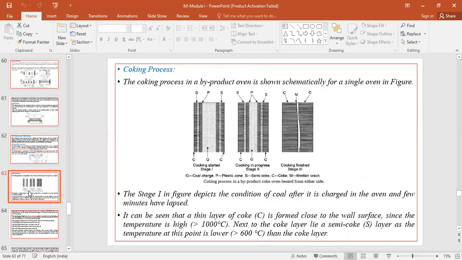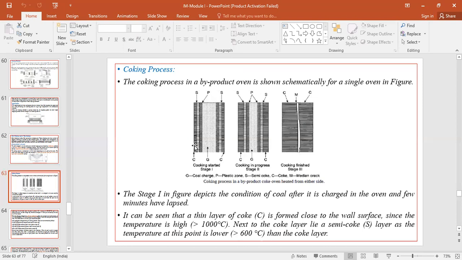Now, during this cooking process, the behavior of the coal inside the oven, as I said, the cooking coals will undergo different physical transformations along with chemical transformations. So, if you see the behavior of the coal during the cooking process in the byproduct coke oven process, from the periphery towards the center of the oven, if you see,